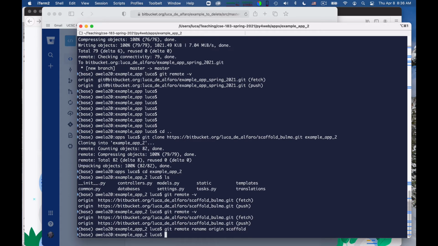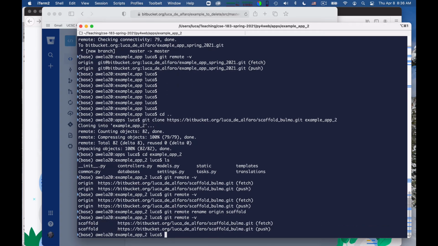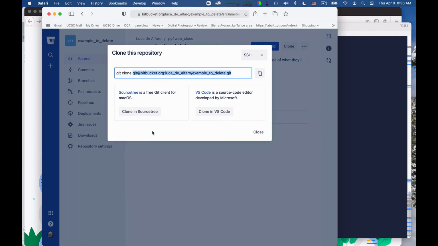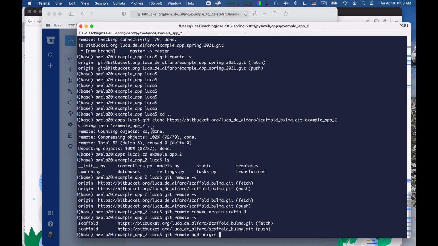Now if I do a git remote v, this tells me that the place from which I cloned the repository is now called scaffold. Nice. Git remote add origin. What I will call origin from now on is this URL, so that my repo, especially for this homework, is going to be this.